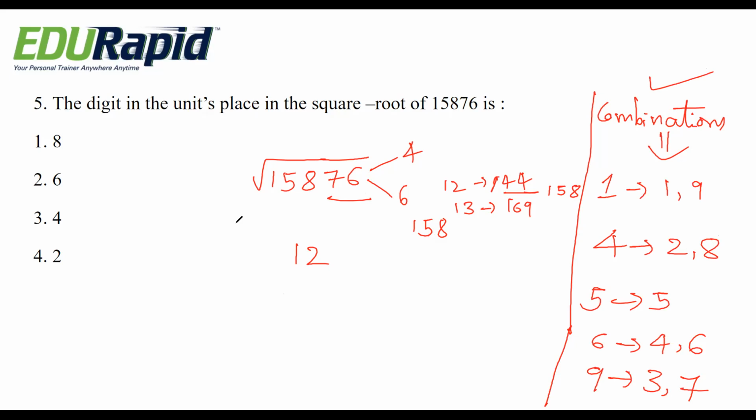And here you have to take 124 or 126. So 124 as the square root is not possible. So 126 is the right one, that is, the last number is 6. Option 2. You can check, 124 is not possible. 124 into 124, you will not get this answer. 126 is the square root. So the square root of 15876 is 126.